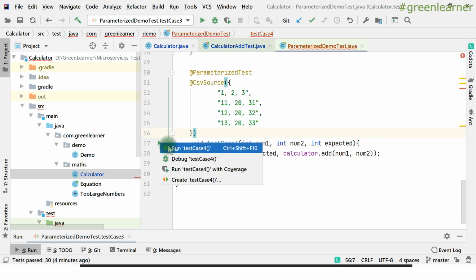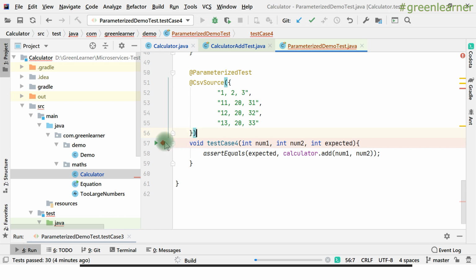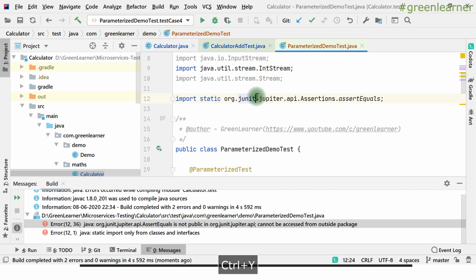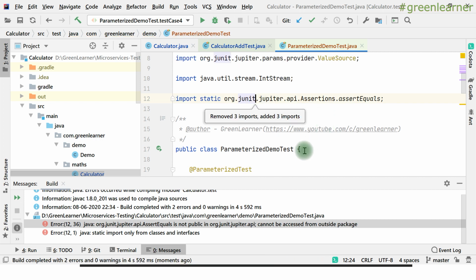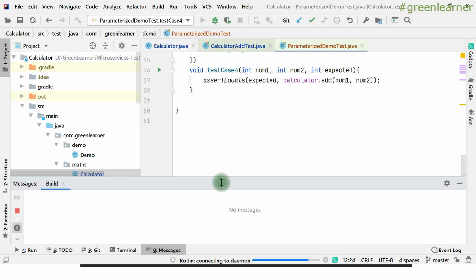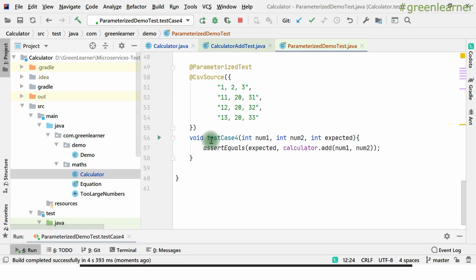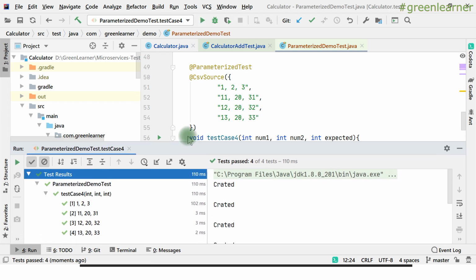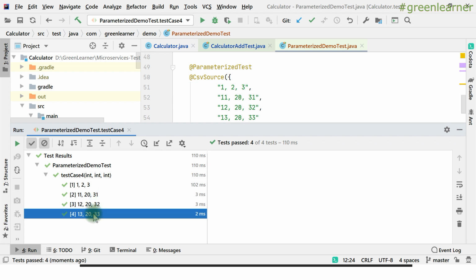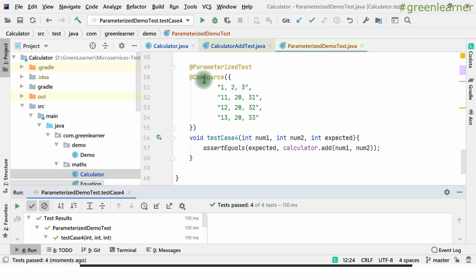By executing this, I am going to execute the 4 test cases out of these lines, right? So it is outside package, right? There is some problem in the import, so remove this one, put all the unused packages here, right? So execute this again. Yes, we are passing, we are doing all the test cases here, right? You can see how easy you can do that with the CSV source.